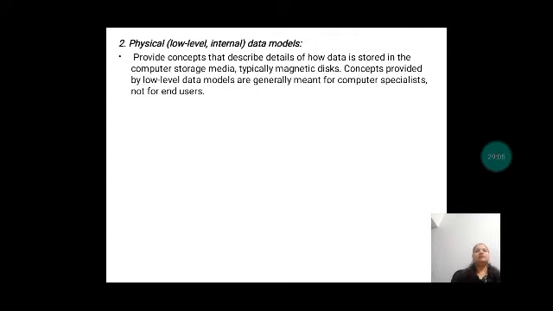Then I talked about the physical, low-level internal data model. This model provides the concepts which describe the details of how the data is actually stored on the computer storage medium, which disks have to be used, what different access paths can be used, whether indexes are being used, and whether we are using the network model, hierarchical model, or other models for storing the database files.